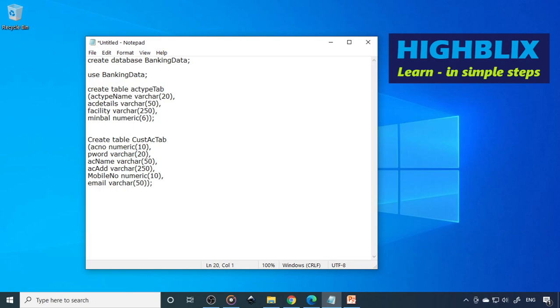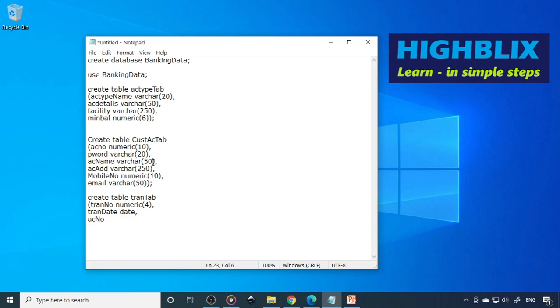Next one, we require a transaction table. Therefore you can create the transaction table: create table transaction tab. Here is a transaction number. Again it's a numeric, 4 we'll take. Then transaction date. This we can take as a date type. Then account number.